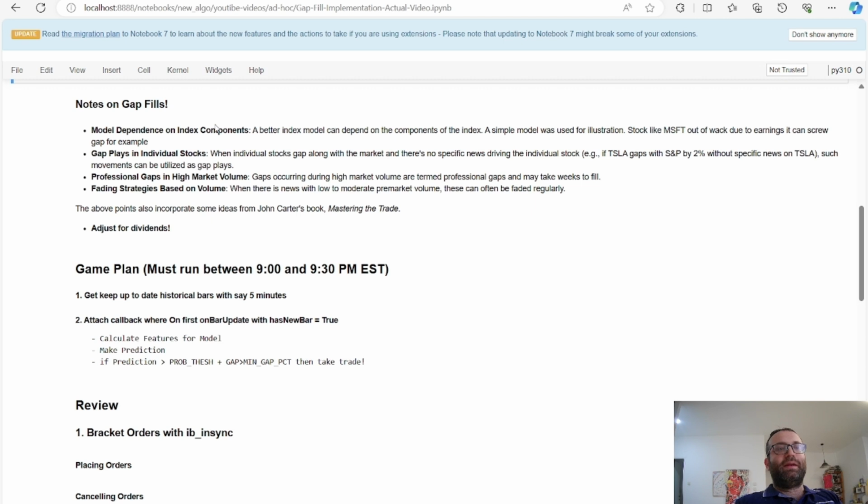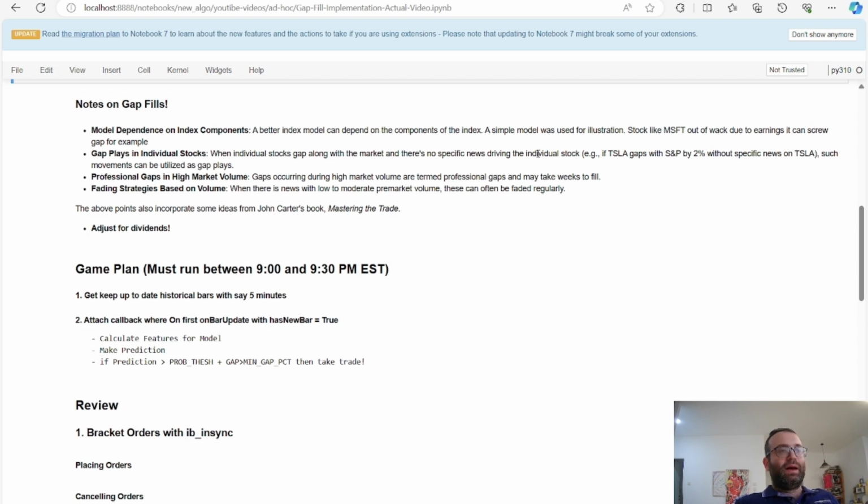And it's dependent upon the day of the week, but also things like option expiry can throw things out of whack. But basically, the intuition is the lower the amount of pre-market volume or action, the more likely it is to fill. But of course, you can have something like, let's say Microsoft has earnings, Microsoft tanks, it can throw the entire index out of whack. So Microsoft is the highest in the QQQ index, for example. And if Microsoft tanks, it can throw the whole index out of whack, and there's a chance that the gap will never get